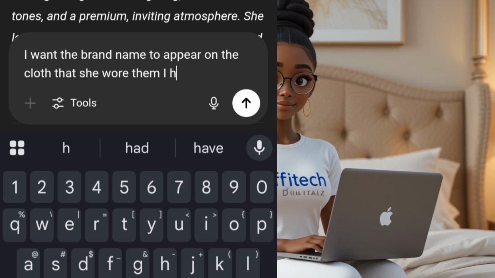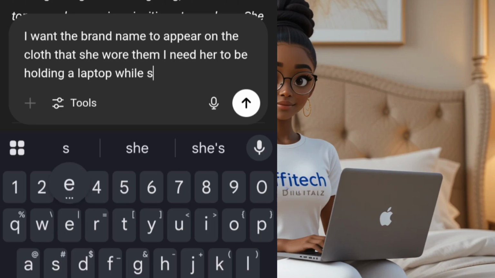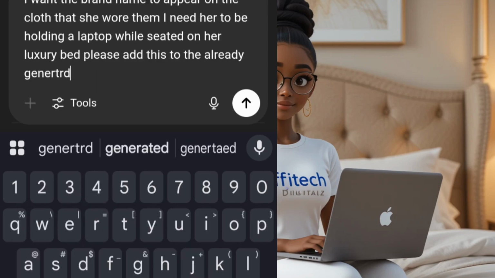Then I need her to be holding a laptop while seated in a luxury bedroom. Please add this to the already generated prompt.